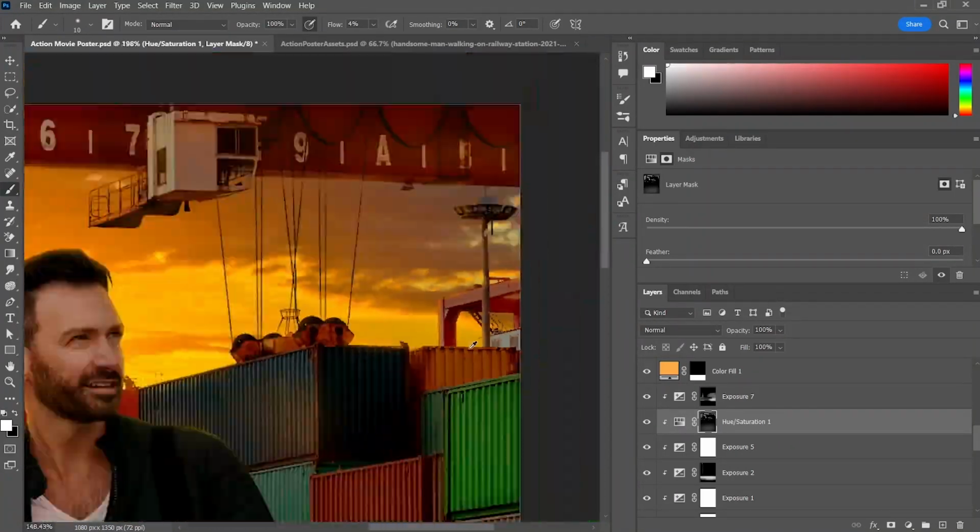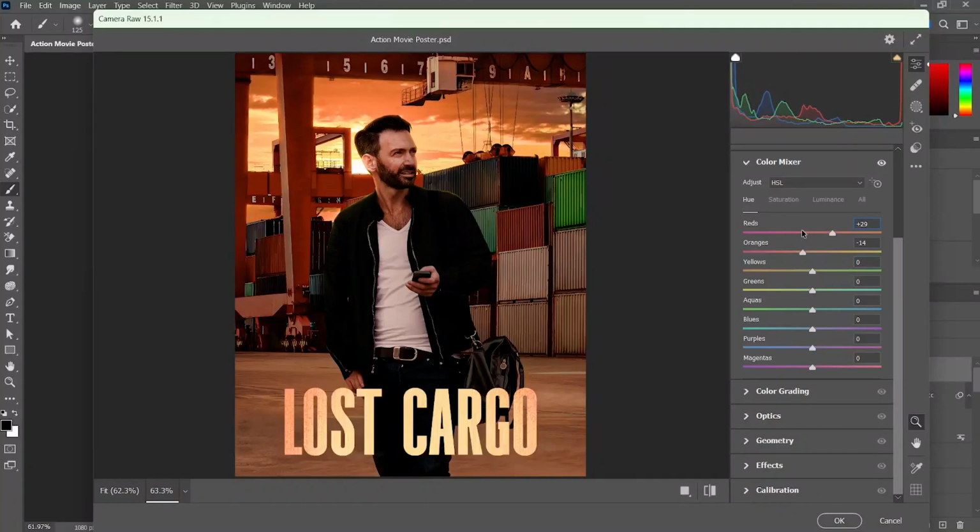things up with a Camera Raw filter. And here's the final